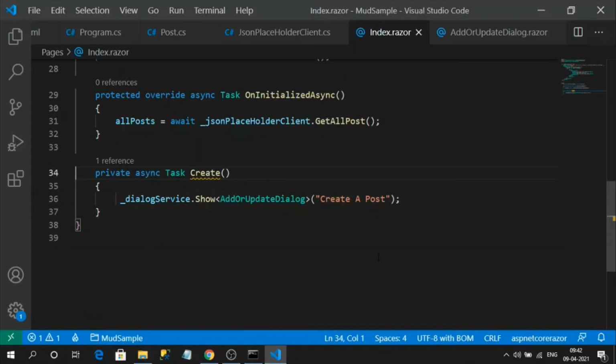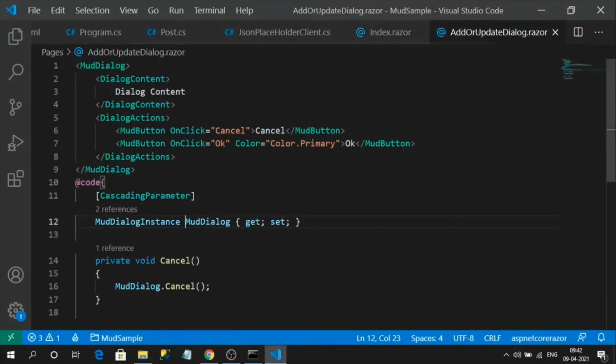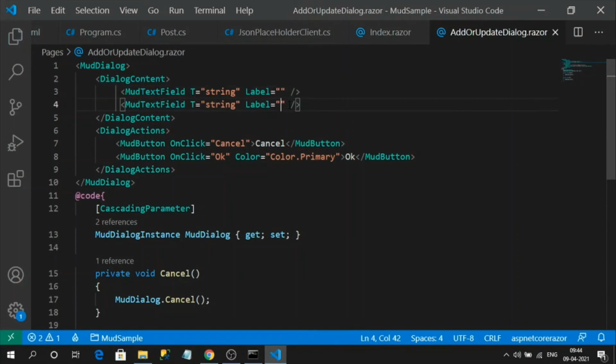Now let's add some text fields. I want to use mud text fields. Okay, so I'm going to use two fields, one for body and one for title. So let's label them title and body. So here I want to capture the data, right? For that, what I will do, I have to create a